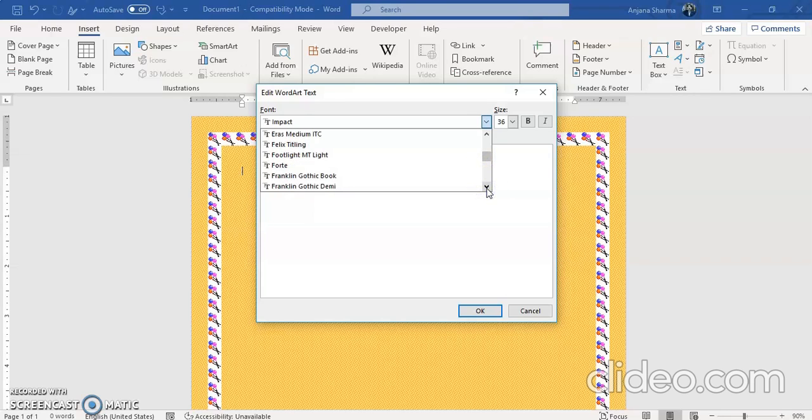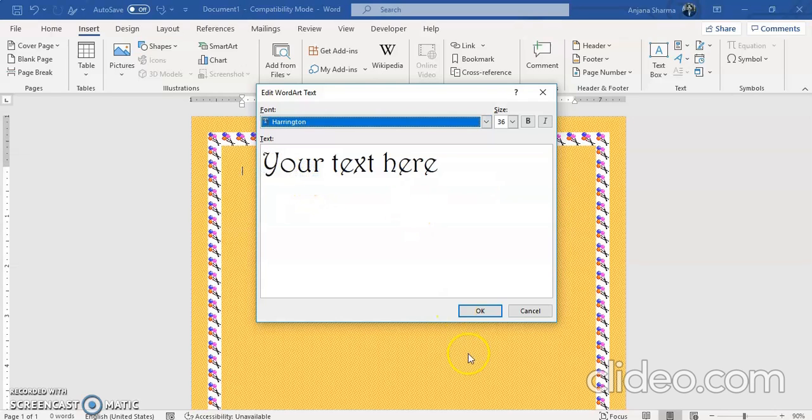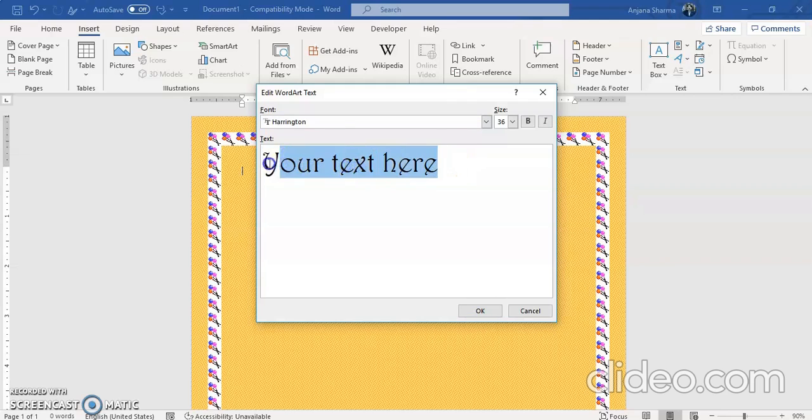Always remember that whenever you are using a font style, the font style should be readable also. It should not happen that your font style is looking very beautiful, but I cannot read. No one can read what is written in the document. So readability has to be given priority all the time when you are creating a Word document. So I am choosing Harrington. This also looks good. And in your text here, I am going to write my own text, and